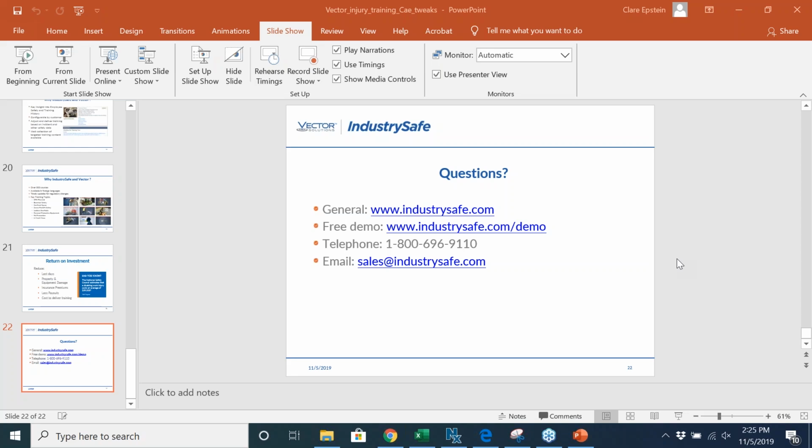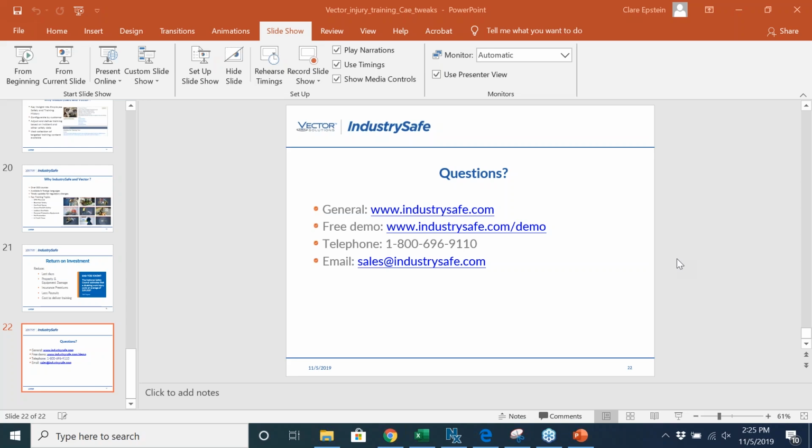And then for clients coming from the Vector side, we have this great tool that helps you keep track of your incident data and lets you conduct inspections. So the value add is tying all of that together and being able to look at incidents and deliver training content. Some of the things you'll see in the future are those systems being tied together, both in terms of login and look and feel, and also in